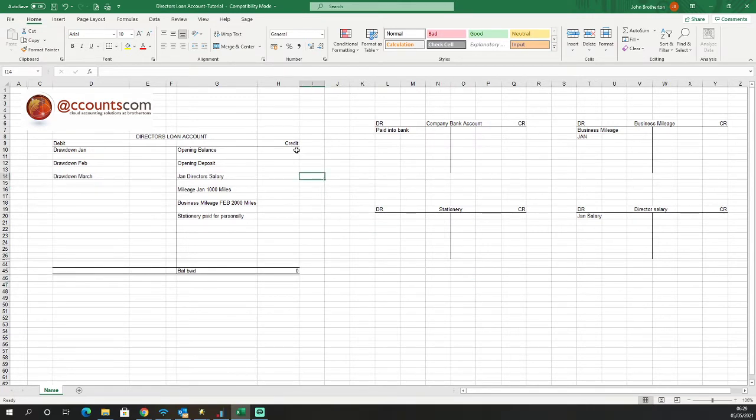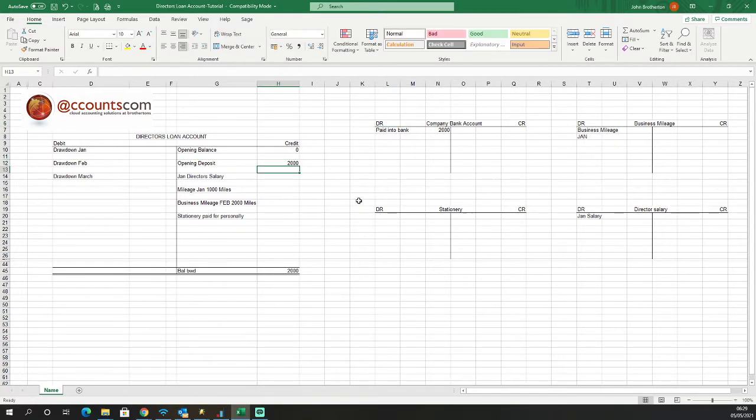Okay, so in this scenario we've got a director, they've set up a company and there are no transactions hitting the company at all at this stage. So we've got a zero balance on the director's loan account and zero balance on all the other nominals. Our starting point is we decide to put £2,000 into our new company. So we debit the company bank account, so the asset of bank is increased. An asset increasing is a debit to the asset, and then we're crediting